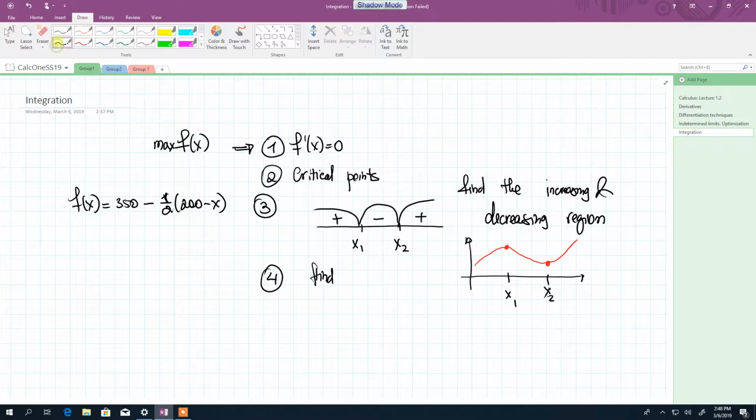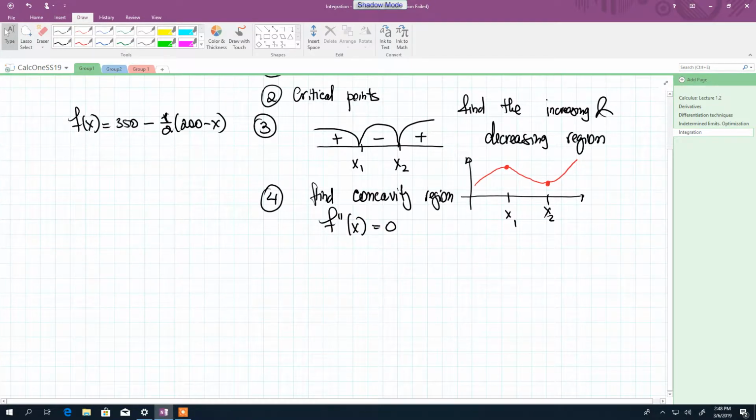So another possibility to find whether the point is the maximum or the minimum, we can find the concavity regions, right? In this case, we need to find the second derivative of the function, equalize it to 0, and find the roots, right? Roots means that we find the x values so that f double prime at those values will be equal to 0, okay? Then we will do again